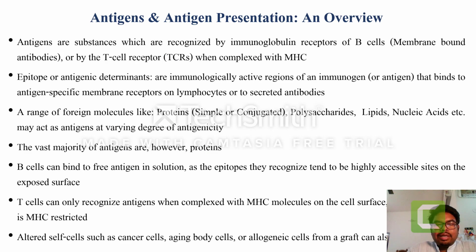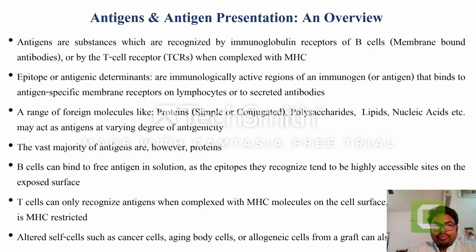To begin with, let's have an overview of antigens and antigen presentation. Antigens are substances which are recognized by immunoglobulin receptors present on the surface of B cells. These immunoglobulin receptors on the surface of B cells are actually membrane-bound antibodies. Or the antigens may be substances which can be recognized by T cell receptors when they are presented along with